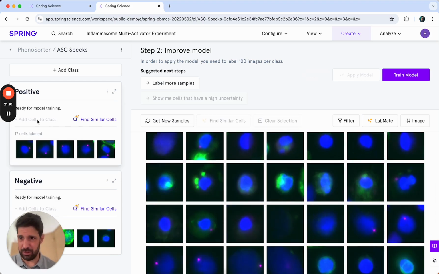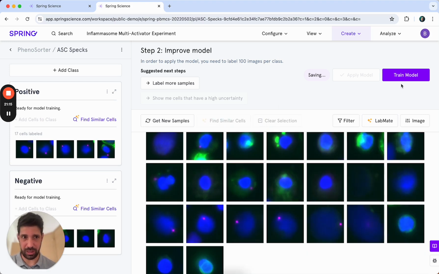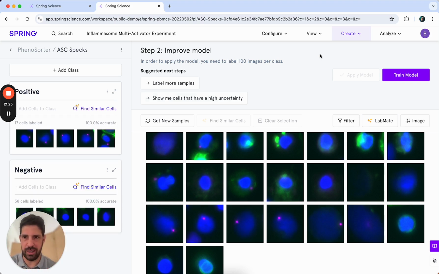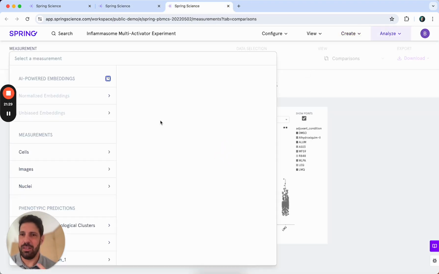And this really doesn't take very long. I'm not going to take you through it for this demo. But once you get about 100 examples in each bucket and you click Train Model, this tends to perform extremely well. And we will hold out a test set, report to you the accuracy, let you refine the model, all sorts of advanced stuff. But the end result, the powerful result of this is that now that I've done that,